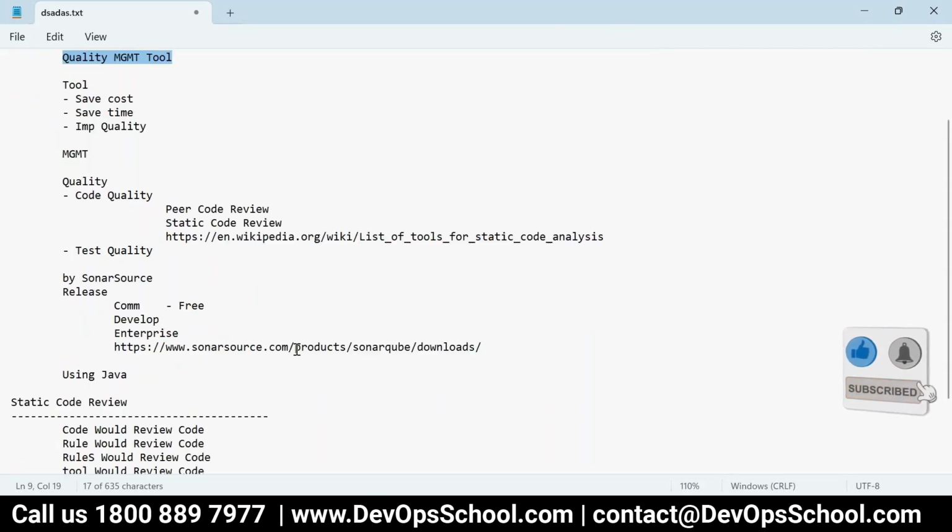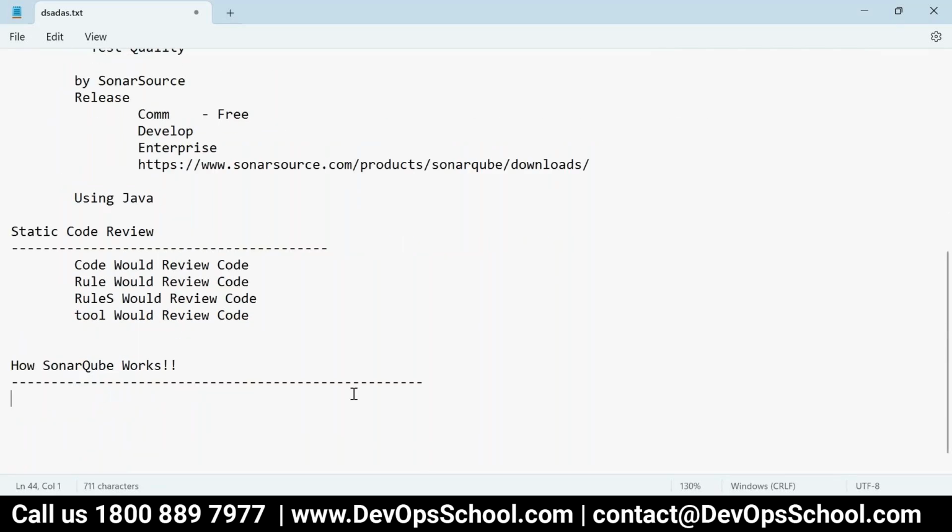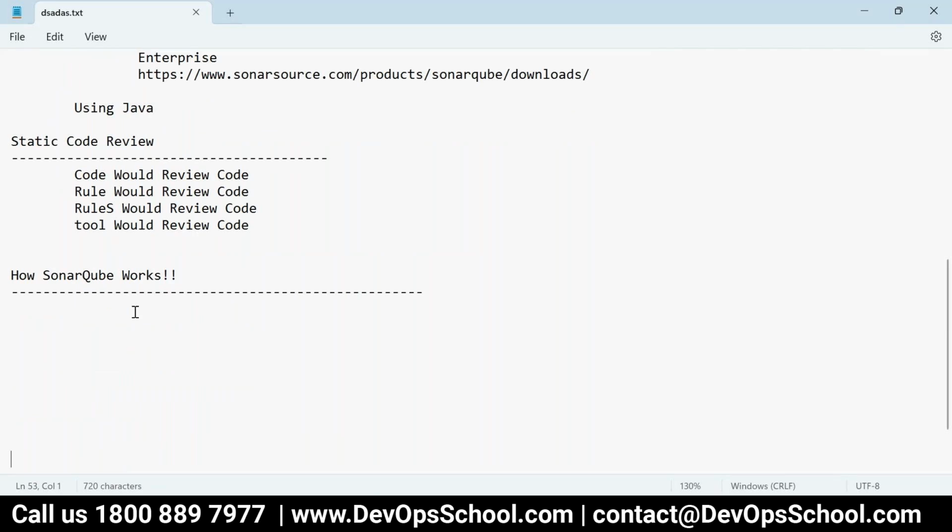Okay, so next is how SonarQube works. You have to understand this, because if you understand this one, I can save at least 1 hour. I don't have to explain too many things to confuse you. So in this we have a human, and the human interacts with